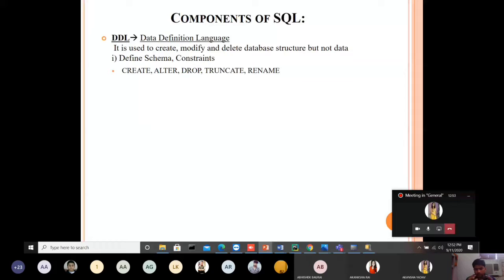So all such kind of database object, whenever we want to create, we create using the simple word that is create statement.